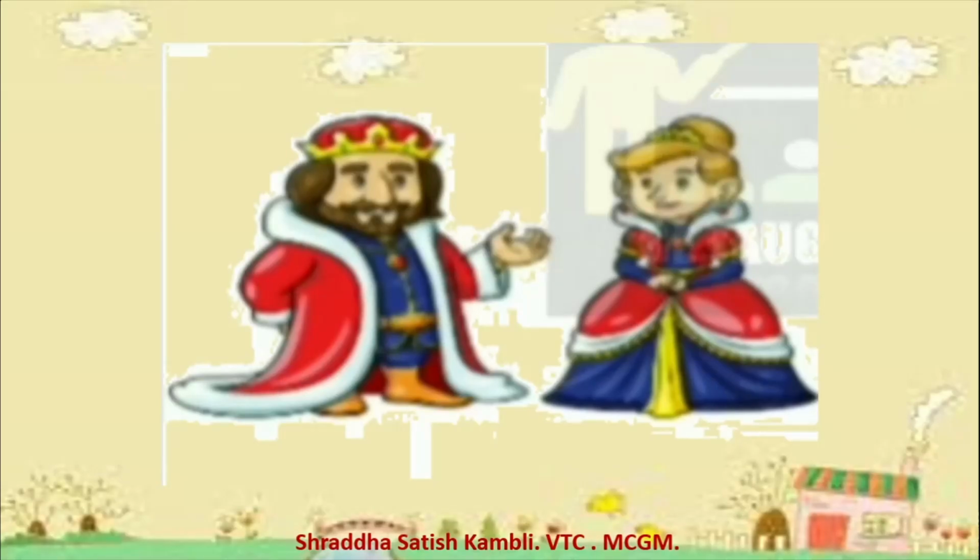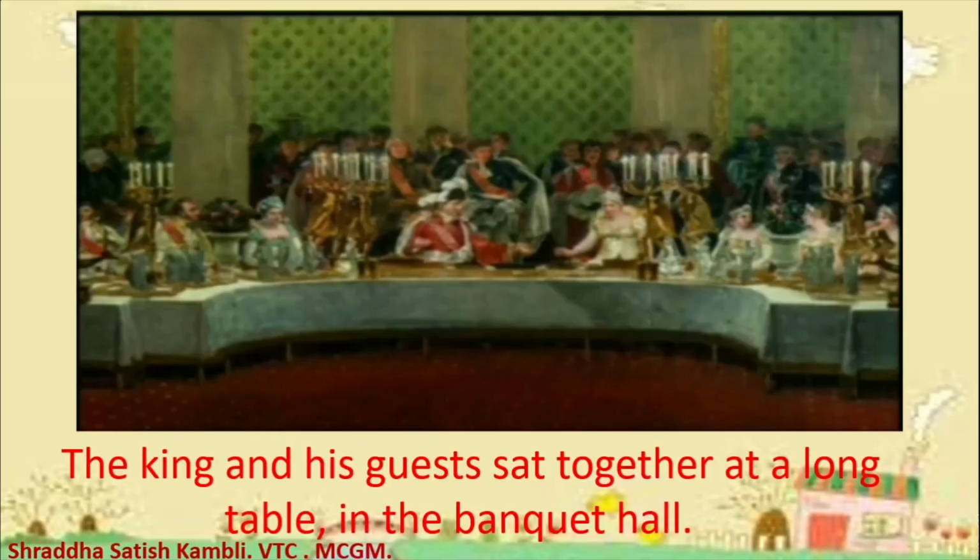And the king and the queen were also very happy because now all the people had accepted their invitation and had come for the party. So everything was going on very fine. And the king and his guests sat together at the long table in the banquet hall. So you can see how all of them are sitting at a long table in the banquet hall. Banquet hall means a place where you have your food. Alright, so the king and his guests are sitting together in the banquet hall and they're just waiting for the servants or the waiters to come and serve the